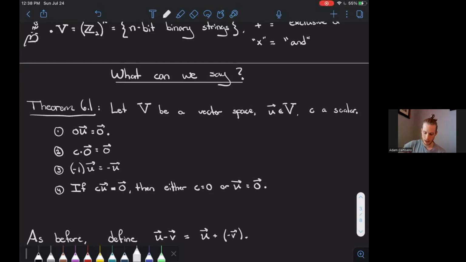The way that you check that is you just take any vector u, so any 2 by 3 matrix, and add to that the scalar -1 times your vector u. So scale the vector, and by vector I mean 2 by 3 matrix or polynomial or something like that, by -1. For a matrix, multiply all the entries by -1. For a polynomial, multiply all the coefficients by -1, right? And then add that to the original thing that you started with. You better get 0,